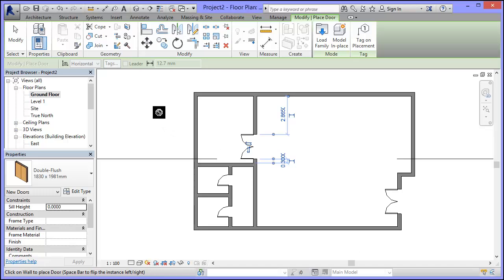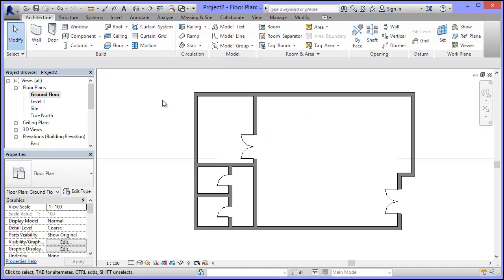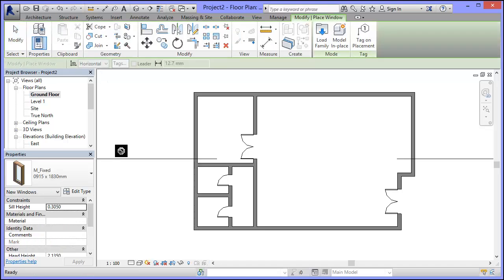I can do exactly the same thing with my windows. I'm going to press escape a few times, come out of this now, back to my starting point. I'm in my architectural tab. This time I'm going to choose window. I'm going to do exactly the same thing. I get a very similar tab that opens, except this one's saying modify and place a window instead of modify